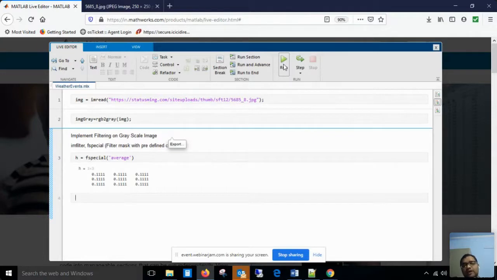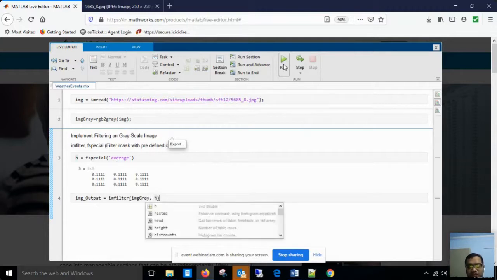Now I have to combine these two inputs in the filtering process. So again, I am using img output as the output matrix, and the function is imfilter. For imfilter, you have to provide two inputs: my input image img gray, and the second input is h.